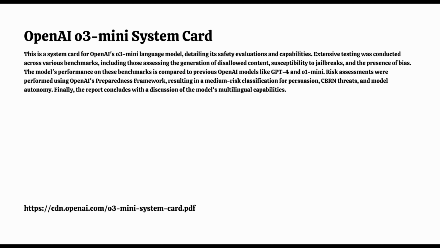And what about model autonomy? Does this mean O3 Mini can act on its own? Well, O3 Mini demonstrated some impressive coding abilities, suggesting a potential for self-improvement. In the SWE-bench Verified evaluation, O3 Mini proved it can competently execute coding tasks. So if an AI can code, it could potentially modify its own programming. Potentially, yes. It definitely sounds like there's a lot of potential for misuse with a model this capable.